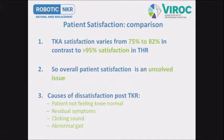I'll not go into the detail of this definition, but femur is the leader of joint replacement, and concentricity of the medial collateral ligament is on the femur. So if we exactly replace what we cut, considering